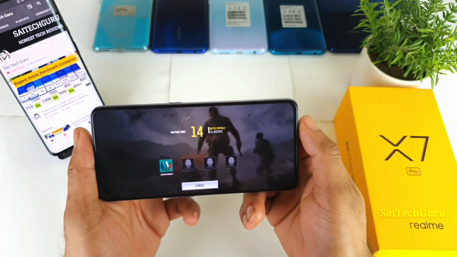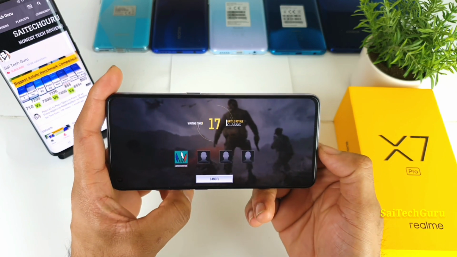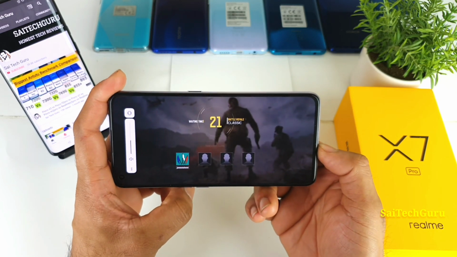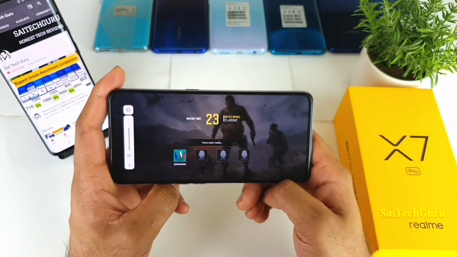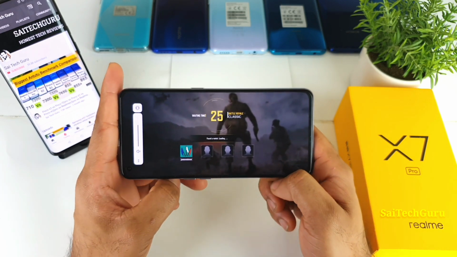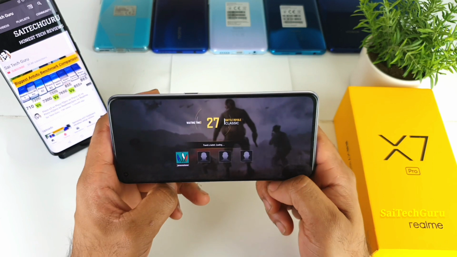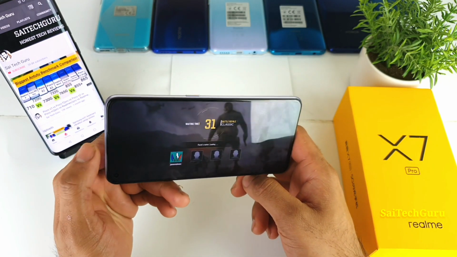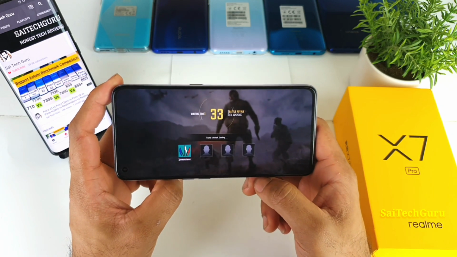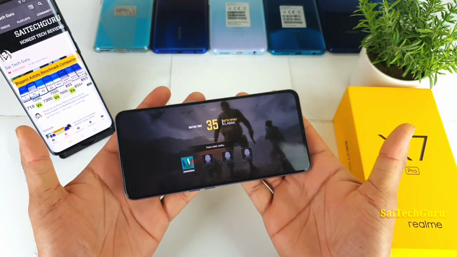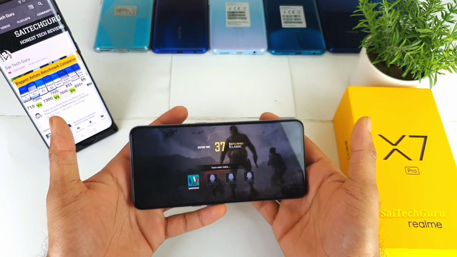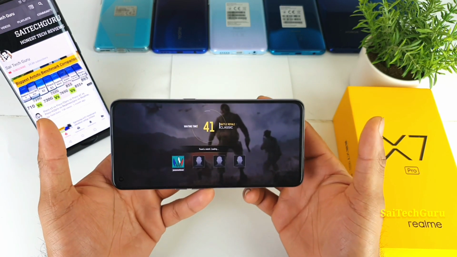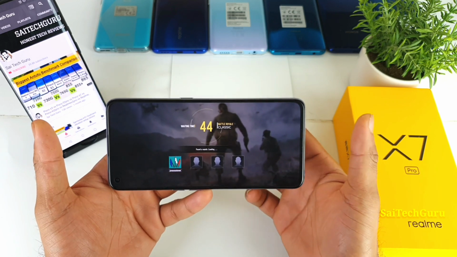in this mobile phone. So one thing is that having the dual stereo speaker setup is a very good experience on the Realme X7 Pro, which is really helpful while playing this kind of games. You'll get a very good immersive experience when you're playing this kind of shooting games, mostly because of this dual stereo speaker setup, which is a very good advantage in this phone. And the phone is also not too heavy. It's very lightweight, so you won't feel much heaviness while playing the games for a long time of continuous usage.